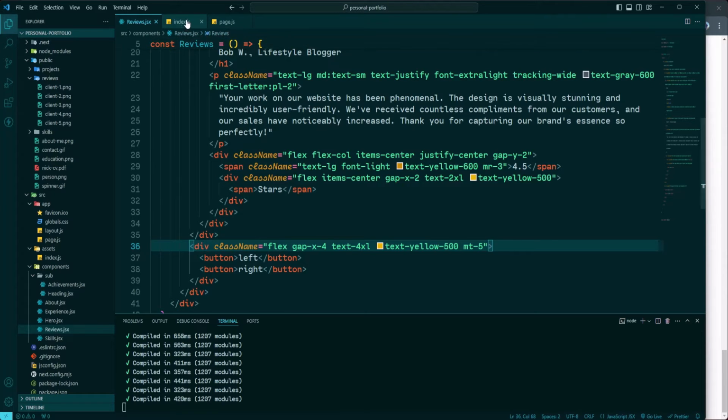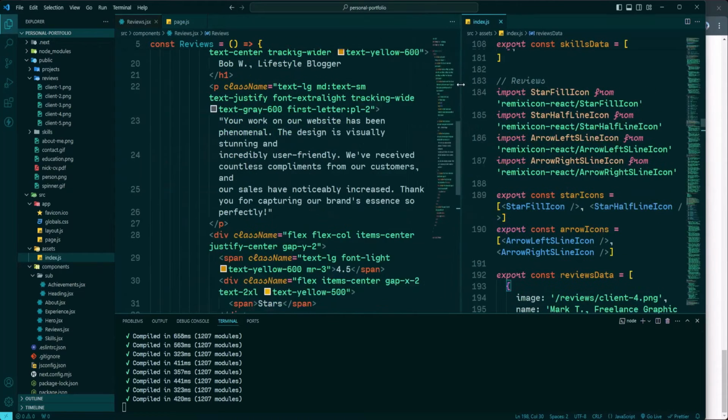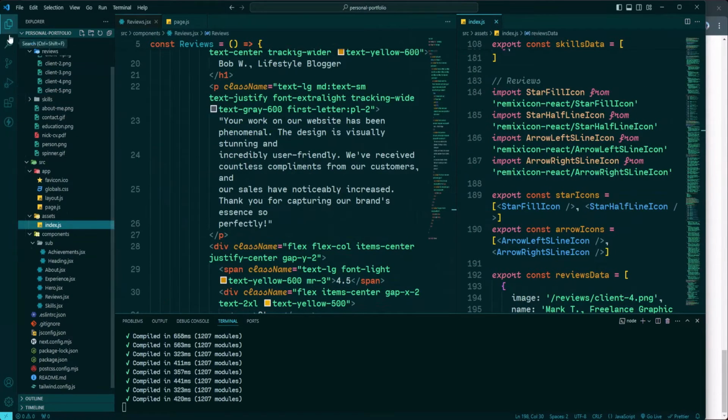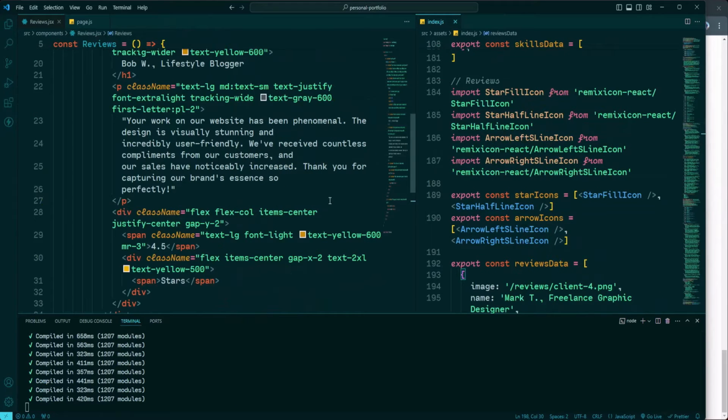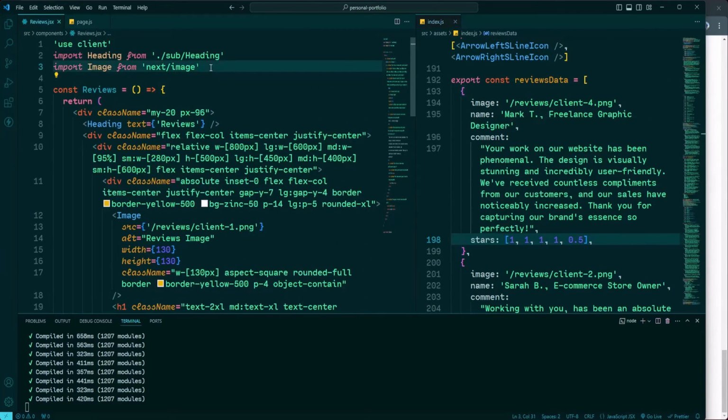I'm going to place index.js file on the right side, like so, and I'm going to close this sidebar here. We have to replace the hard-coded data with the dynamic one to make our review section flexible and maintainable. First, we need to import the necessary data and icons from our assets. This includes the reviews data array, which contains all the information about each review, such as images, names, comments, and star ratings. So I'm going to import